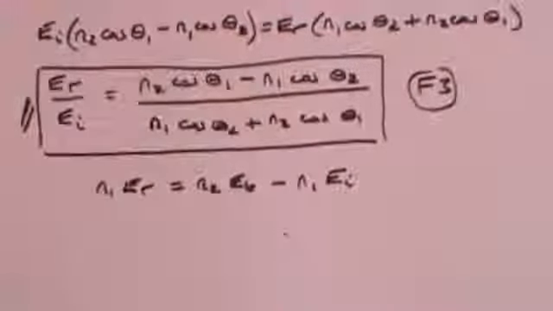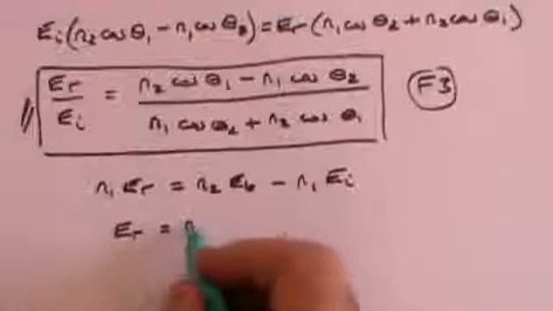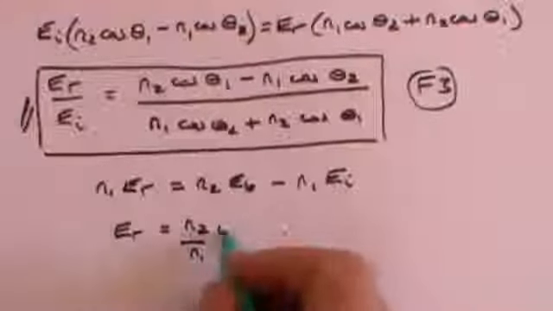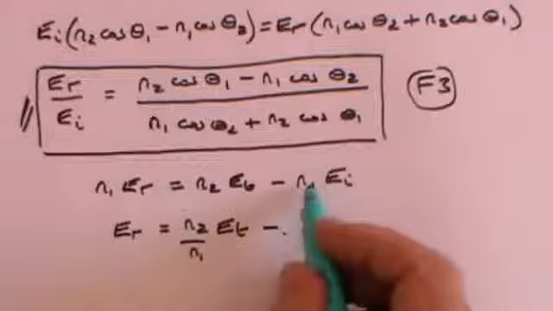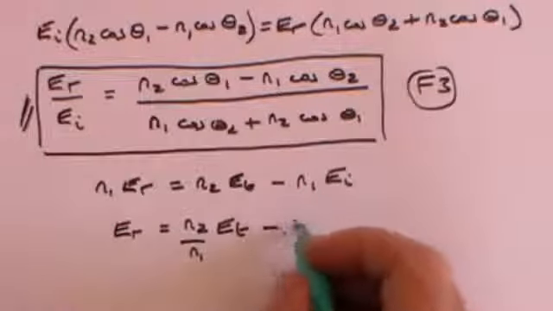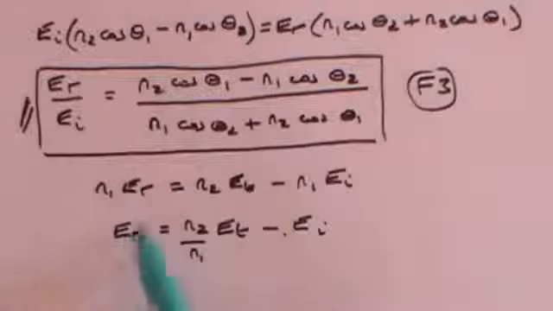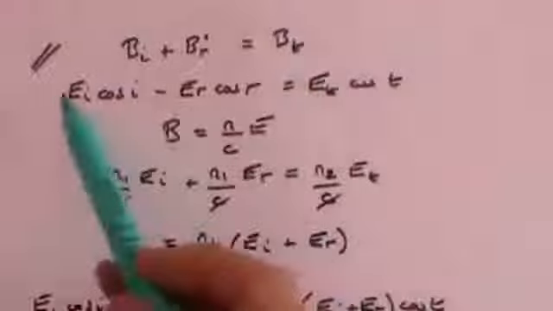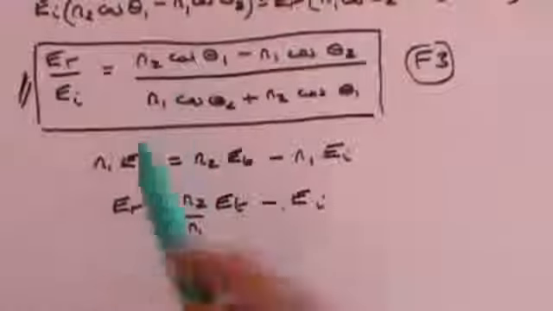And that means we can get an equation for ER, which is equal to N2 over N1 ET by dividing by N1. And now N1 divided by N1 is just 1, so that's minus EI. Now I'm going to substitute for ER in this equation here. Unfortunately, we can't see them both on the screen at the same time, but what that will give you is that